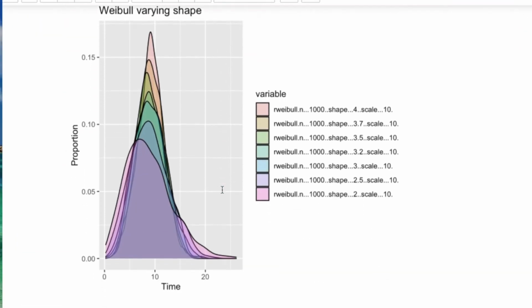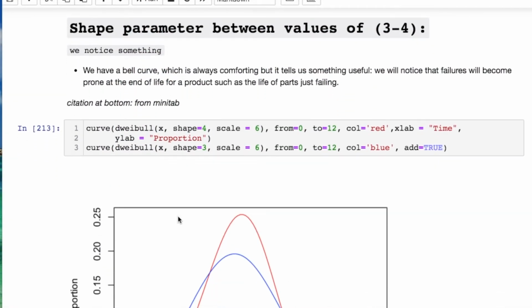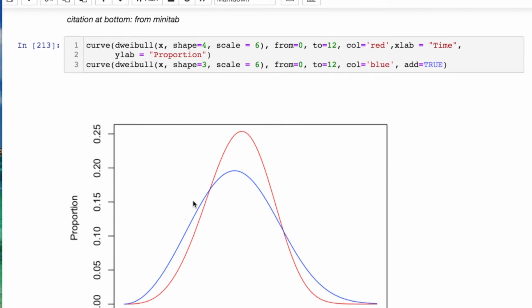Now, when you're changing the shape, you'll notice that as you increase the shape, you're going to also increase the proportion of failures that you have. And what's going on here? It looks like it's becoming more normal, and this tail that you have on the right, where my cursor is, decreases immensely. So it looks like it's becoming somewhat normal. Now let's look at some very specific cases. For instance, if we were looking at the values of the shape between 3 and 4, we'll notice that it's becoming more like a normal distribution, but in this case, you're going to be more prone to failures.